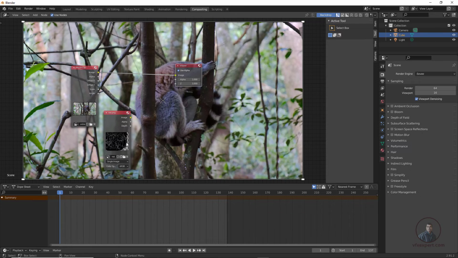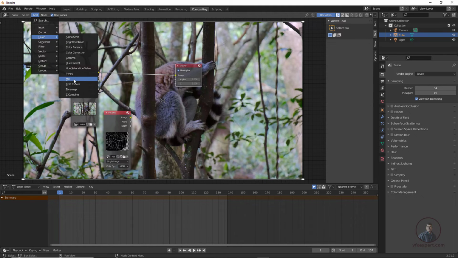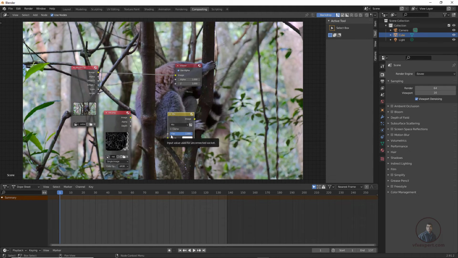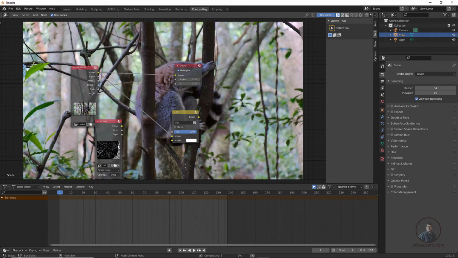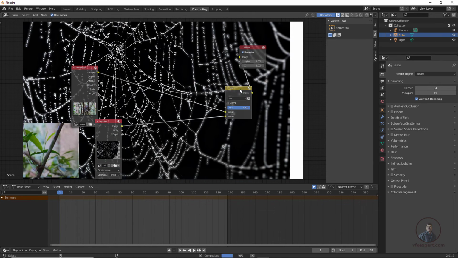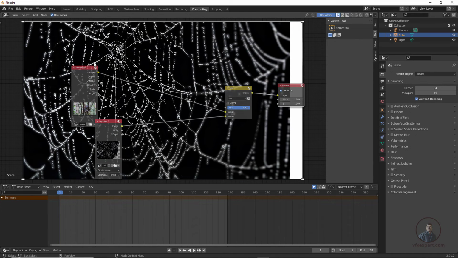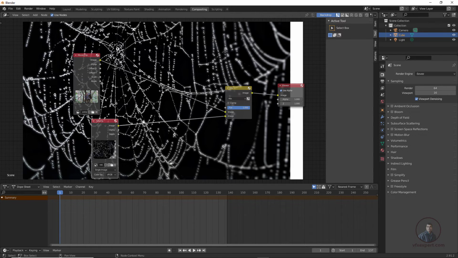Now here, because we also have to merge this net, we have to use a blending mode. So here I am going to use a mix node. Click on add, then color and this mix node. With the help of this mix node we can merge two images and we can also use blending modes here, same as the alpha over node. This first input is our original plate or BG, and the second input is our foreground input here. Then hold control and shift and click it here.